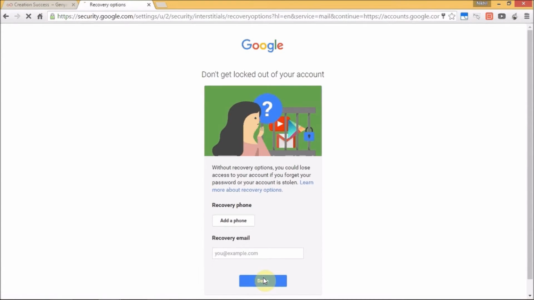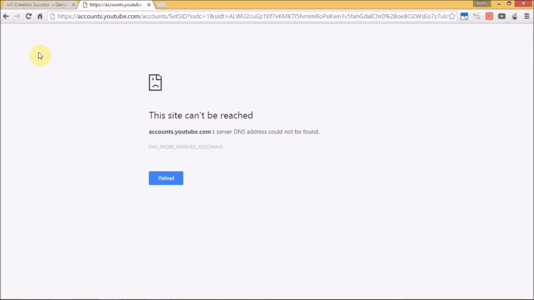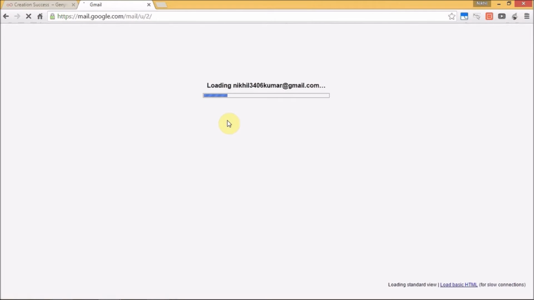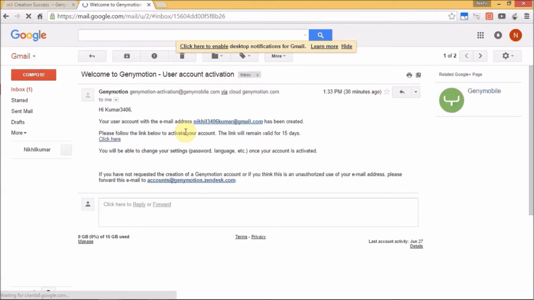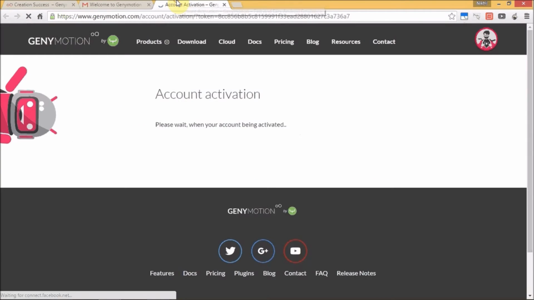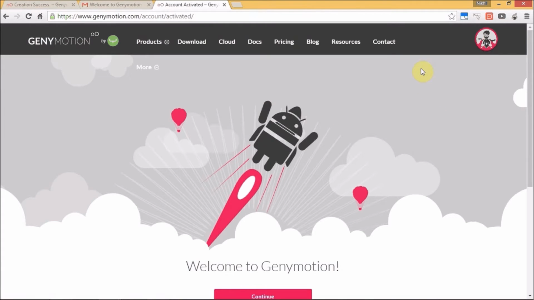I'll open my Gmail like this. Here, Genymotion: Welcome to the Genymotion account activation. Click here to activate your account in Genymotion. Account activation: your account has been activated like this.